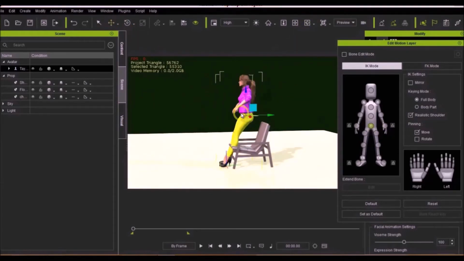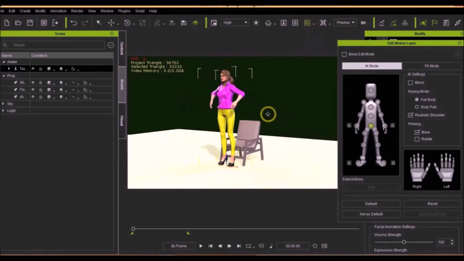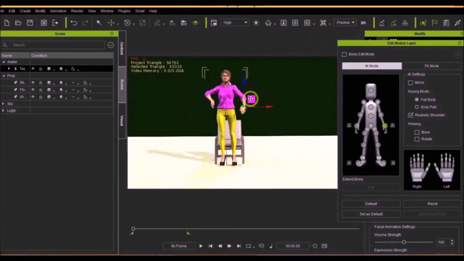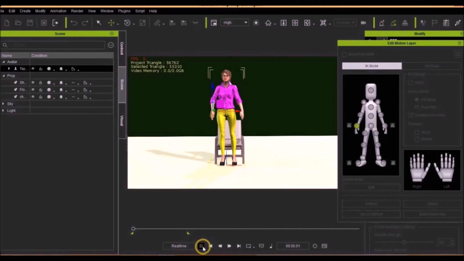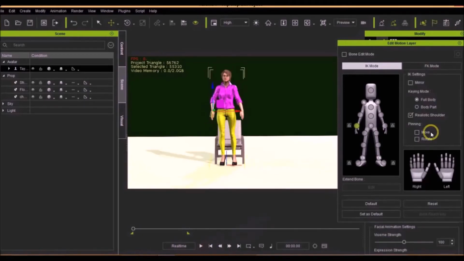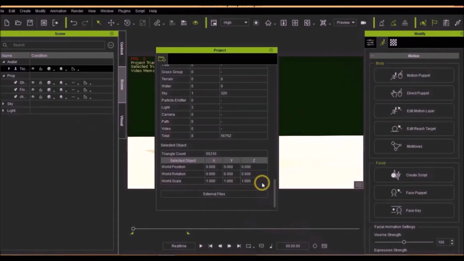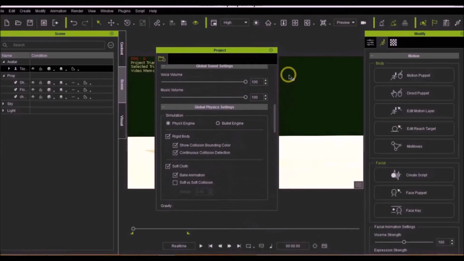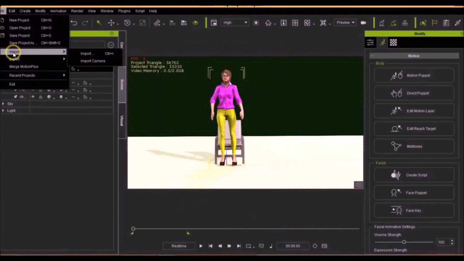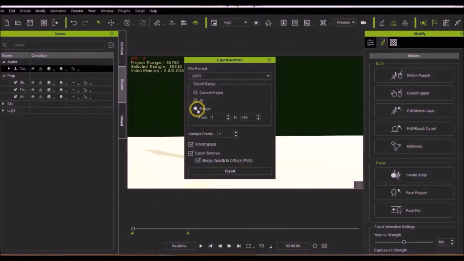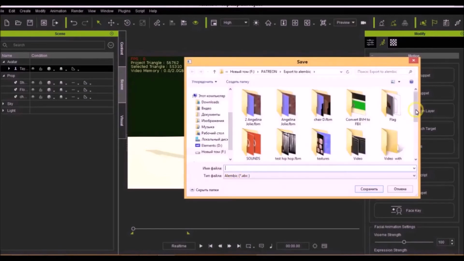Features of exporting animation of hair and clothes. In order for your Chekta animation to be packaged correctly before exporting the Alembic file, you need to open the project tab and find the bake animation value, thereby making this radio button active.